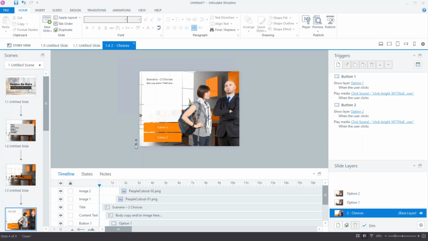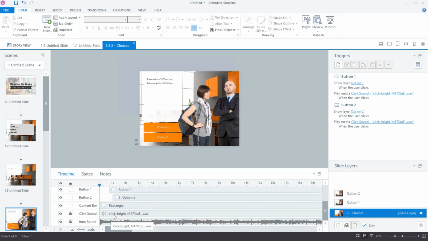There was also some audio out there. I don't think you could hear the audio playing because it was just playing on my system. But you can see that these little audio icons out here tell you that there's both a click sound and, as I scroll down, a click sound and an intro piece of music that's playing.